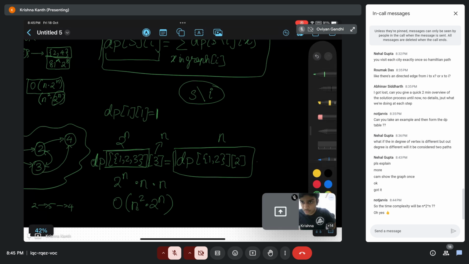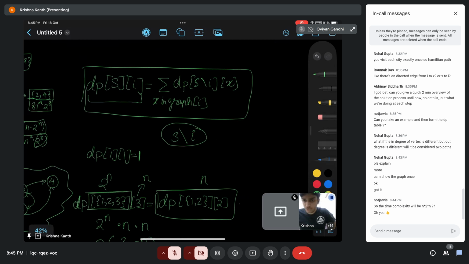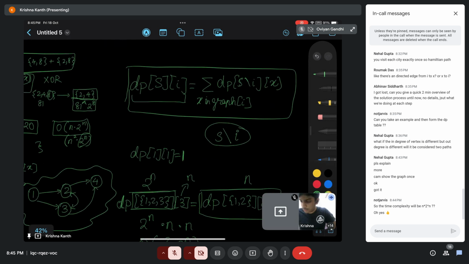Okay. I understand it might not be very intuitive for people learning bitmask DP for the first time. I tried to formalize it, and that might make it a little more confusing. So if you can understand it with words, DP of S, I is the number of ways to visit all the nodes in the subset S such that you end at I. It is basically you remove I from that set and then you solve for the problem such that you end at X such that